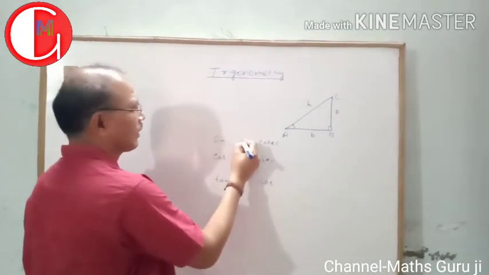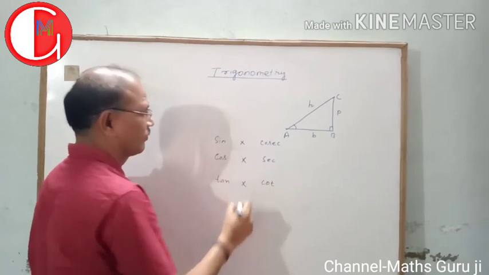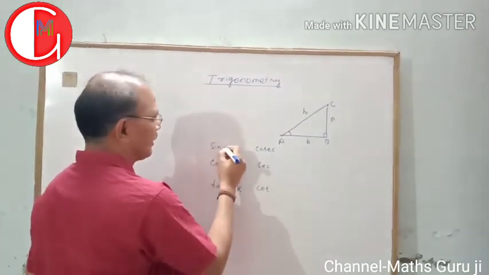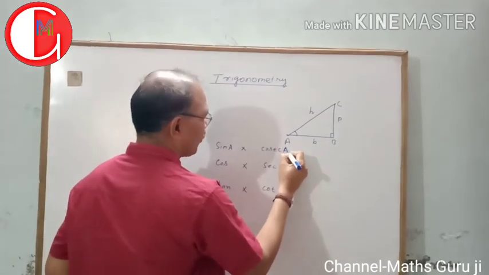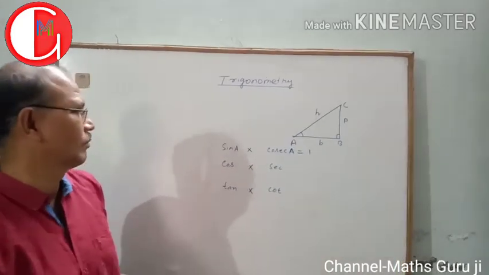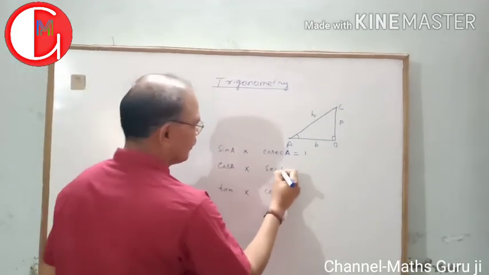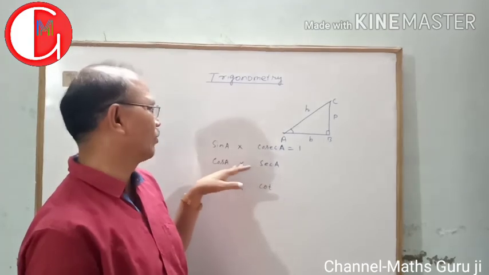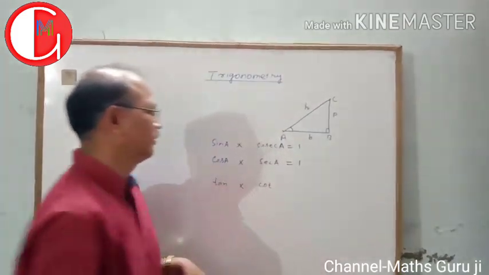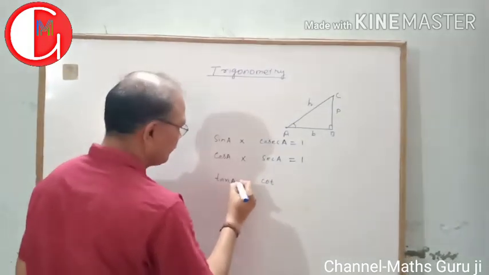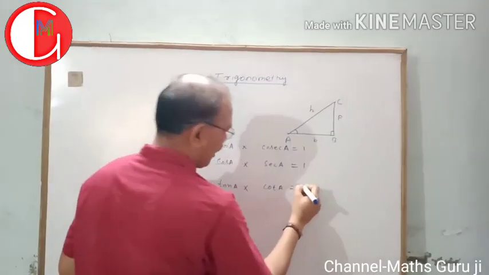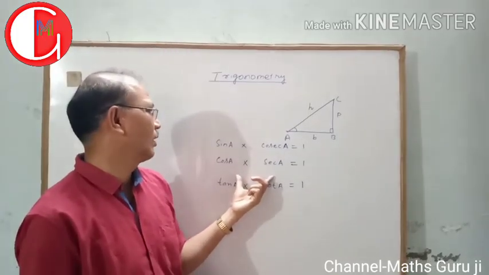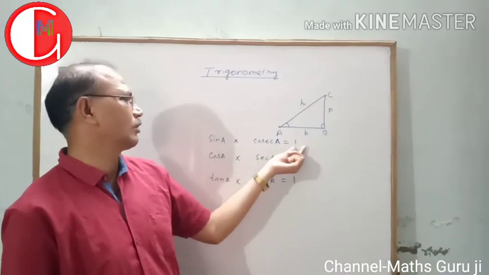ये दोनों में रिलेशन अगर पता करें तो साइन और कॉसेक इस दोनों का रिलेशन अगर किसी एक खास एंगल के लिए अगर मापते हैं तो इस दोनों का जो प्रोडक्ट होता है ये 1 होता है। कॉस ए इंटू सेक ए, यानी कॉस ए और सेक ए को मल्टीप्लाई करने पर यानी गुना करने पर इसका वैल्यू 1 देता है। और टेन ए और कॉट ए का वैल्यू भी 1 होता है। तो इसको हम प्रूव कर सकते हैं, यानी साइन ए इंटू कॉसेक ए इक्वल टू 1